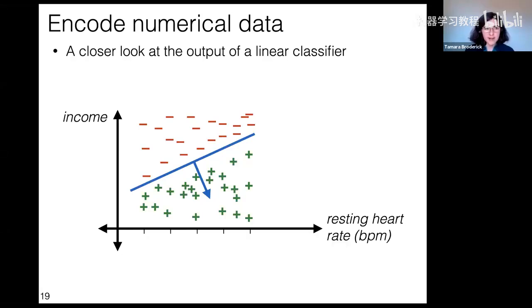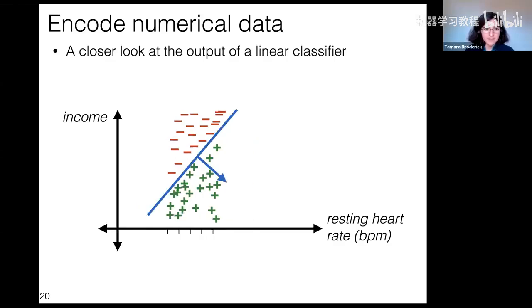And now suppose that my friend actually encoded resting heart rate on a slightly different scale than I did. Now you're going to notice that they actually get out a different linear classifier. Now it kind of means the same thing in terms of prediction, but if I were to look at the theta values and I tried to interpret the theta values, I'd say something different